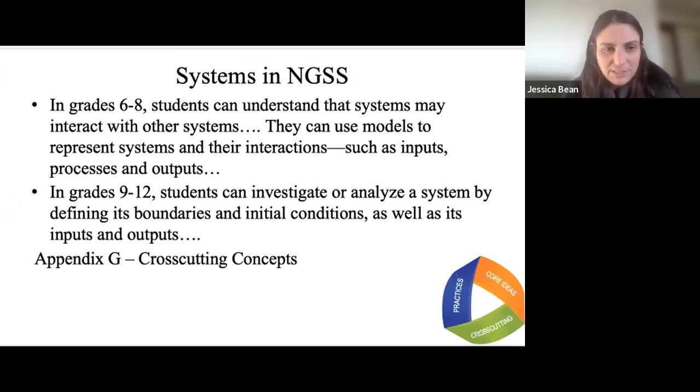And of course, NGSS also outlines that at different grade levels, students should be able to work with systems in different ways, systems and system models, so that in grades 6 to 8, students can understand that systems may interact with other systems. They can use models to represent those interactions, inputs and outputs. And by grades 9 through 12, they're really using models to investigate or analyze a problem, and think about boundaries and initial conditions. And of course, you can look at all of that in Appendix G in the NGSS,